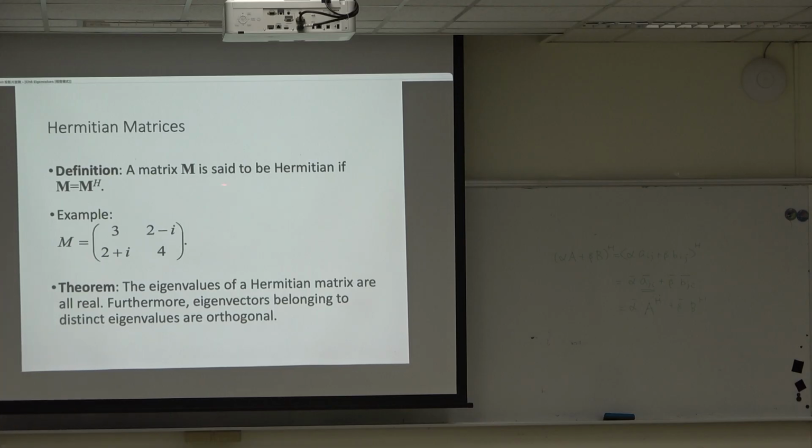A matrix M is said to be Hermitian if M equals M^H. It is interesting stuff. Hermitian is a property. For example, if M is like that, you see, the diagonal entries are real, and